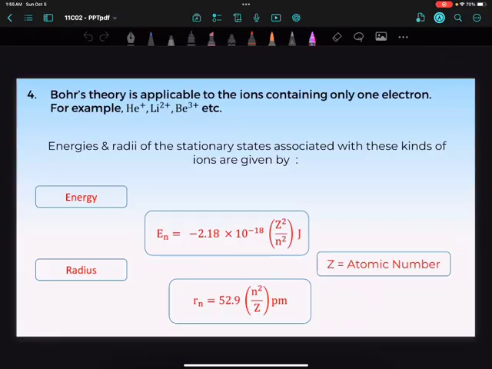So Bohr's theory is applicable to ions containing only one electron. For example, He plus has only 1 electron, Li 2 plus has only 1 electron, Be 3 plus has only 1 electron. The energy and radius of the stationary orbit associated with these kinds of ions are given, where En is equal to minus 2.18 into 10 raised to power minus 18 into Z square by n square. Z is equal to atomic number and n is equal to the number